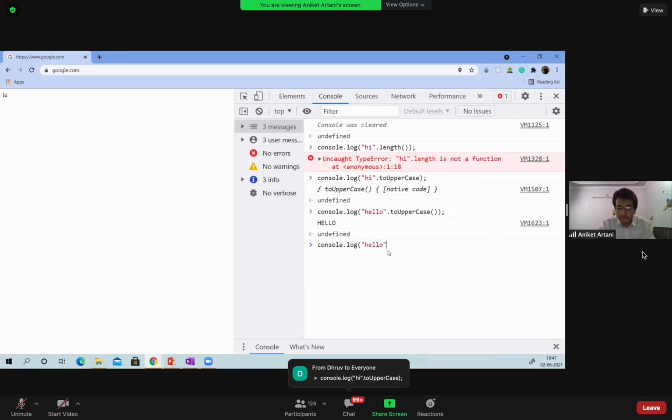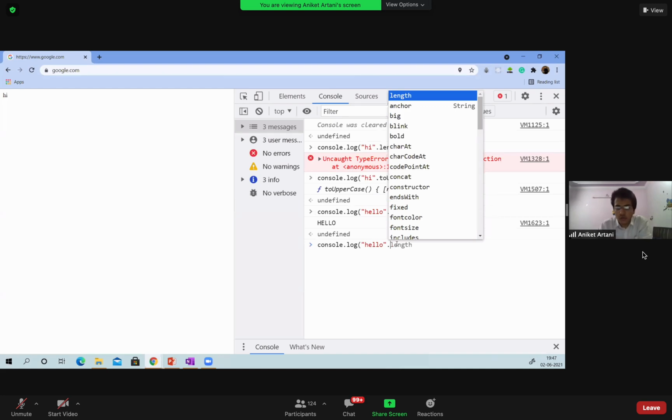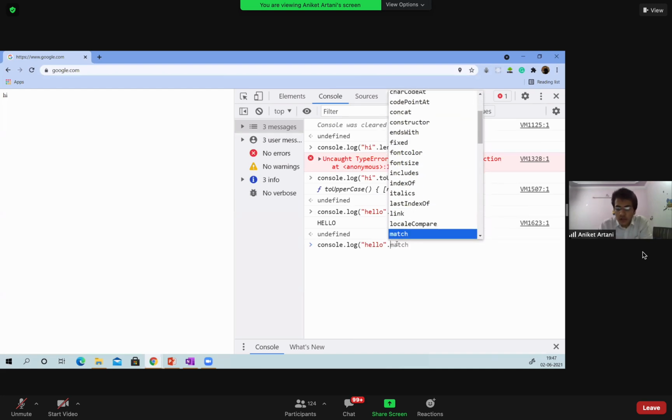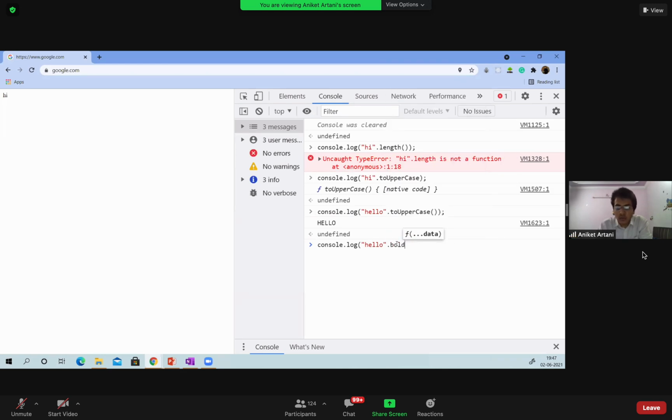Hello. One thing I'm going to tell you is how to explore the string functions. Go to your console and inspect, and in the console box, when you write console and then a dot, it will show you what functions are already there. Even I don't know this many functions. So we can try dot bold, and see what this function will do and whether it requires parenthesis. What it has given, no, it will not give text in bold yet.